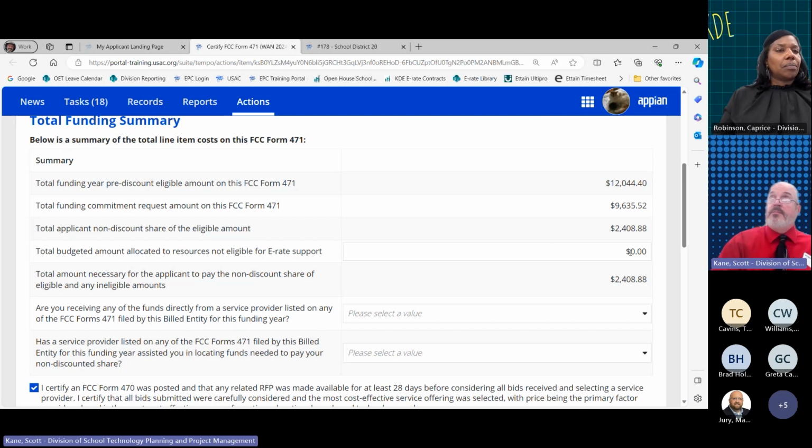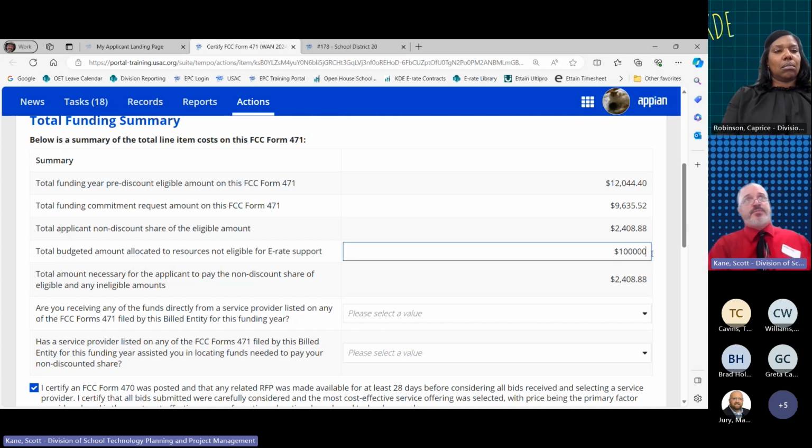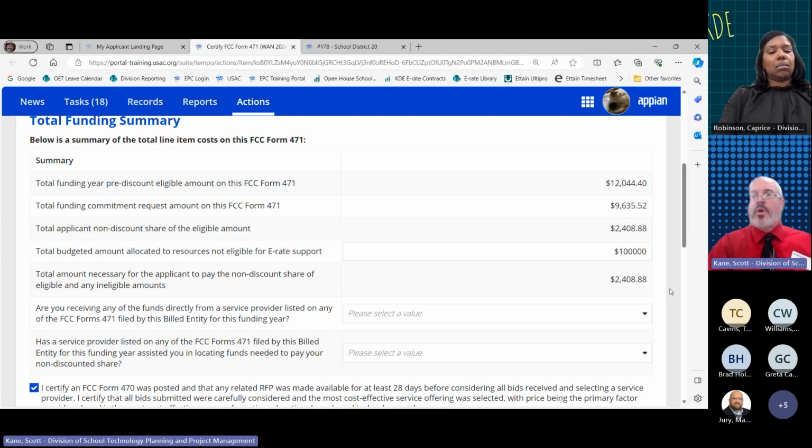It might be that you have an estimate of what you're going to be spending in 2024. You can use an estimate here. So I'm just throwing a number out there, whatever that number is. You could also use an estimate based on previous year's spending, which means you could go back to, for example, your TAR report and use the number from that. So whatever works best for you, that's the number that you need to enter there.